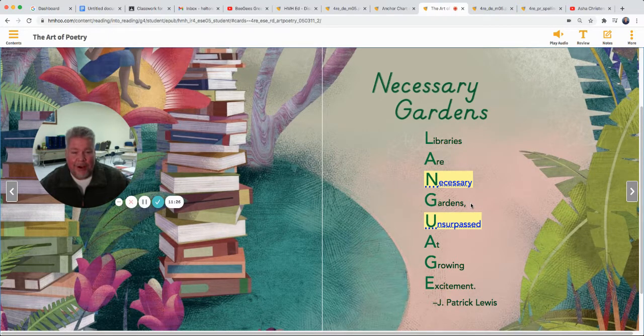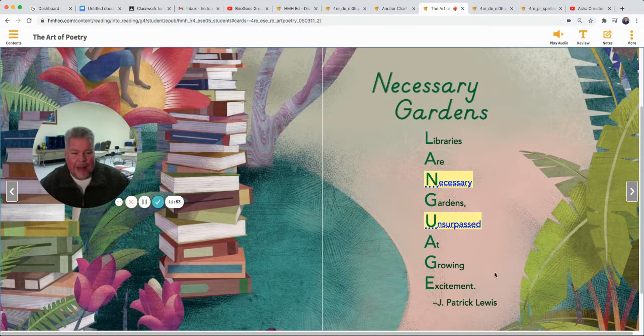Well, if I went to my garden, I might pick some corn. I might pick some beans. I might pick a watermelon. And if I go to the library, I'm going to pick out a certain kind of book, aren't I? Maybe I'm in the mood to read a book about animals. Maybe I'm in the mood to read a book about sports. Maybe I'm in the mood to read a drama or some kind of mystery. I can go pick from the garden of the library whatever kind of book I want.